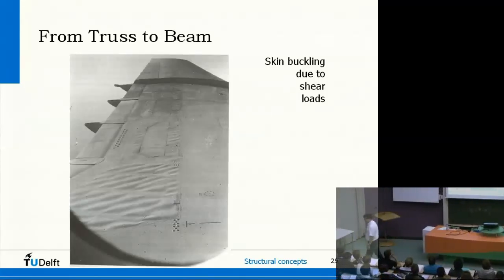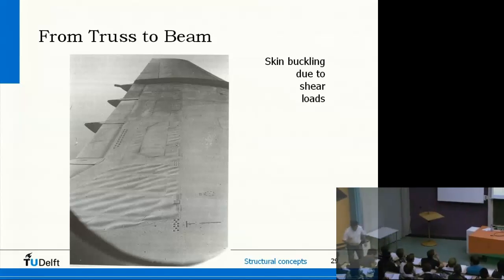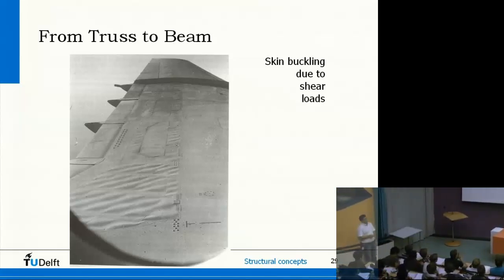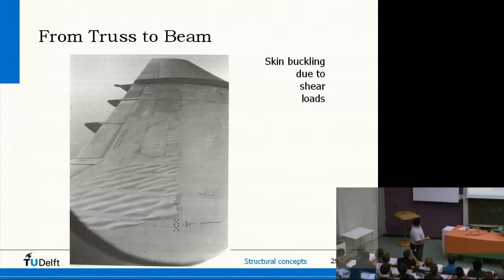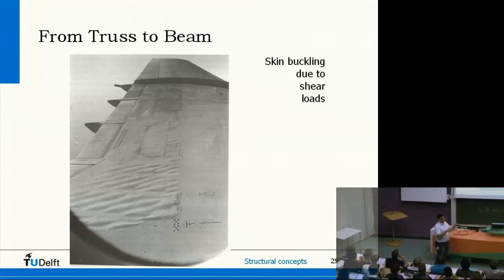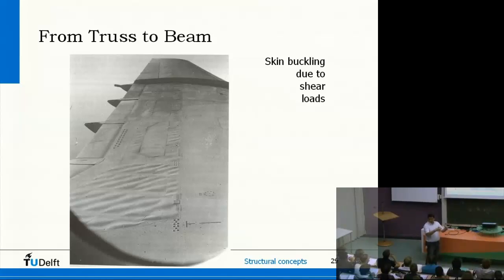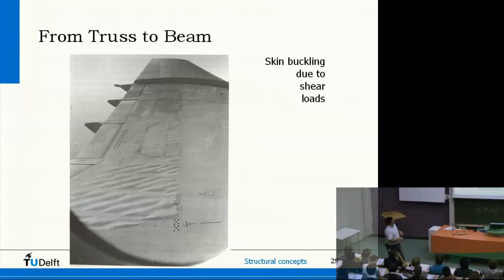This is what I also saw a couple of years ago when I flew in an old Dakota aircraft, DC-3. When it made a turn, I saw similar buckles in the wing as in this picture, although this is not my picture. This is typical of what you see sometimes when the plate, in this case the skin, is subjected to what we call shear. The web plate is subjected to shear. It has to transfer the vertical force in the beam, and here it has to transfer horizontal forces. And sometimes you see these kinds of patterns.